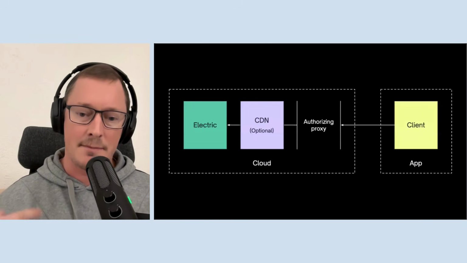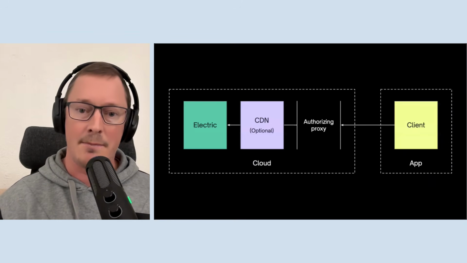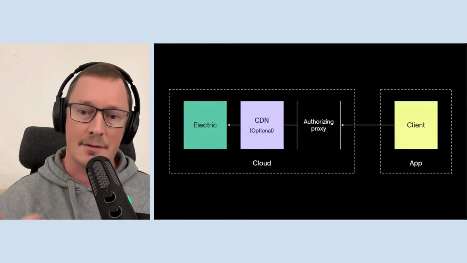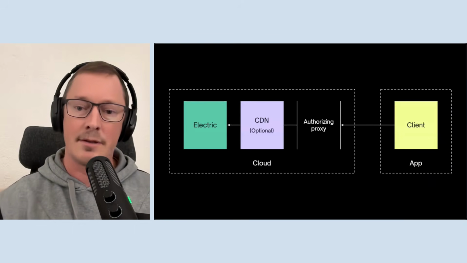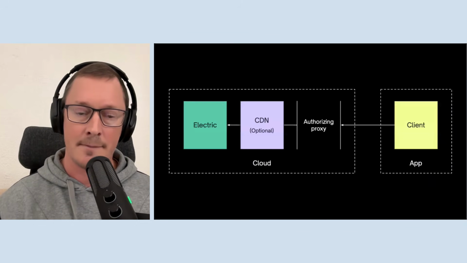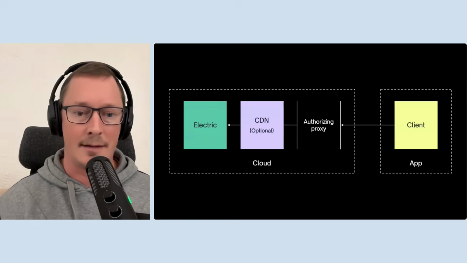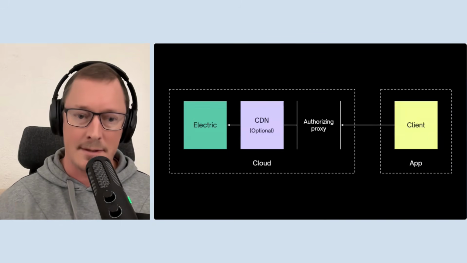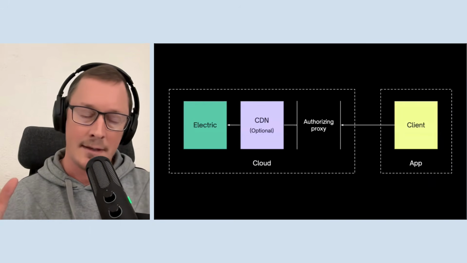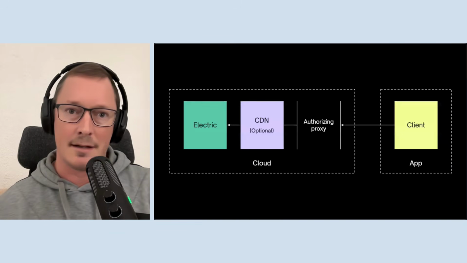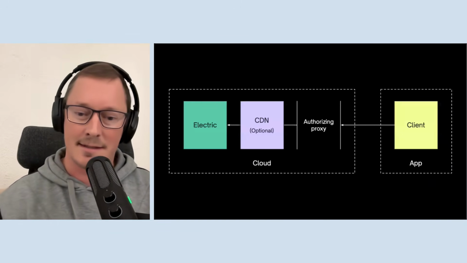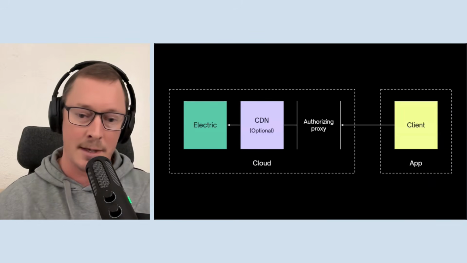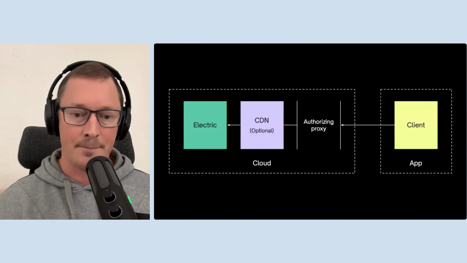But because, as I mentioned, we serve over an HTTP API, we actually scale out the data delivery to clients through existing CDN infrastructure. So think of things like Cloudflare and Fastly. For this read path sync, there are two aspects of it. You have the initial sync, which is when a client wants to request the data that it doesn't have. It's like subscribing to a new shape, so it has to get all the existing data.